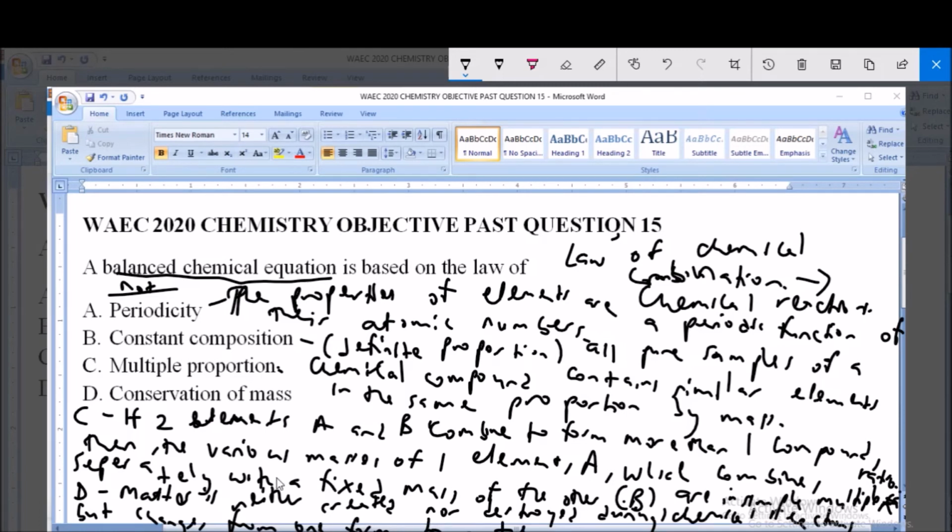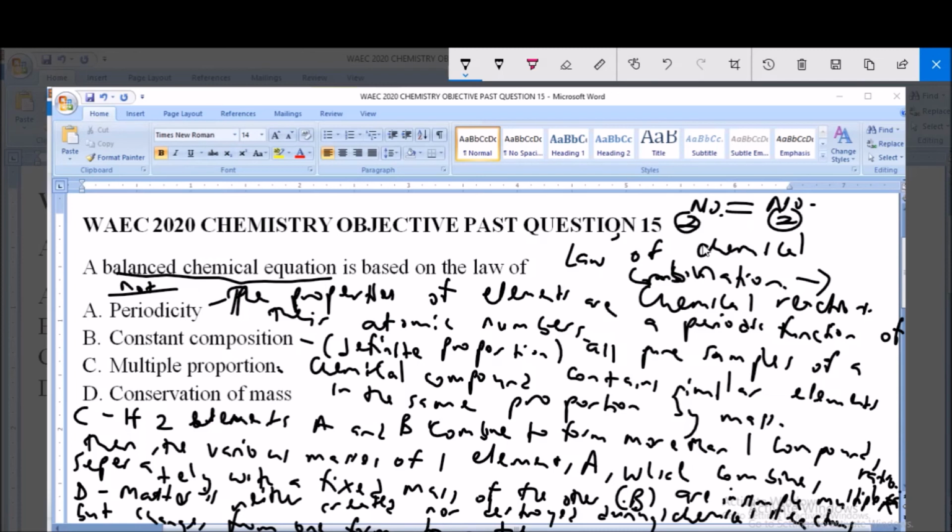Now, from the statements of the laws we have described here, option D, conservation of mass, accurately describes the reasons why chemical equations are balanced, because a balanced chemical equation depicts the same number of atoms of elements on each side. So if you have two atoms on this side, you have two atoms on the product side. So the number of atoms on each side of a balanced chemical equation are usually equal or the same, and